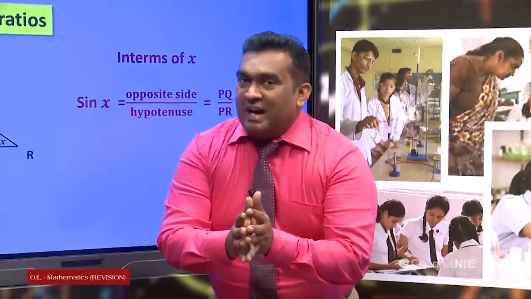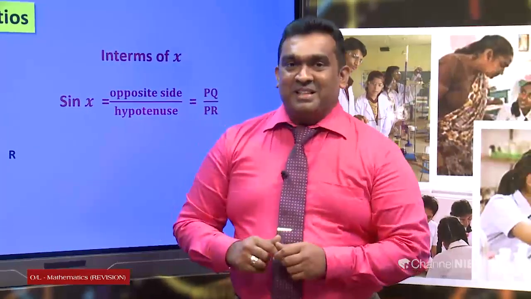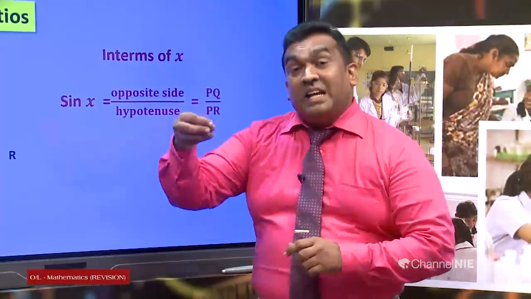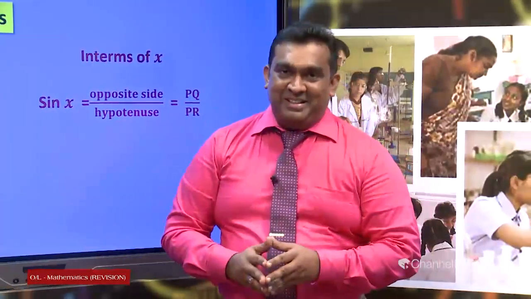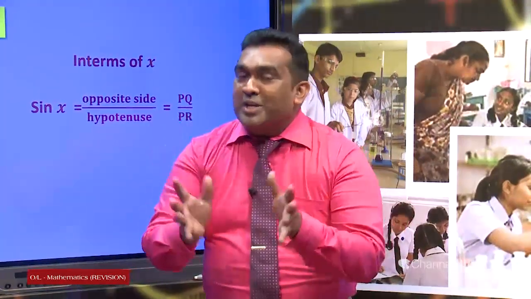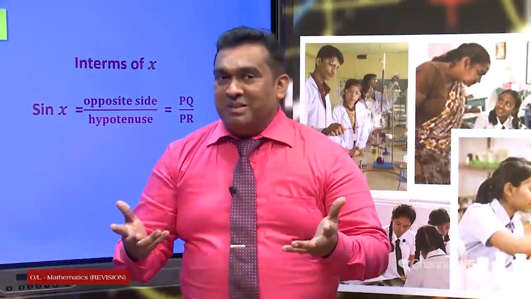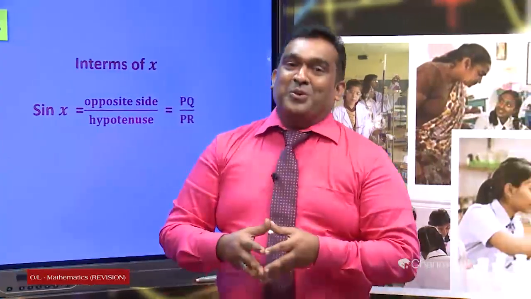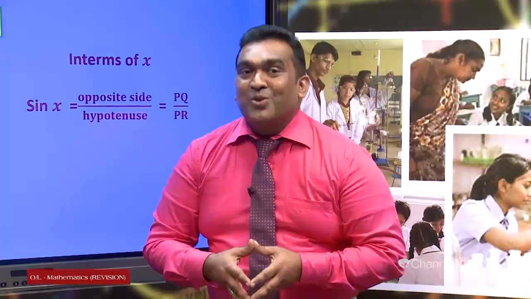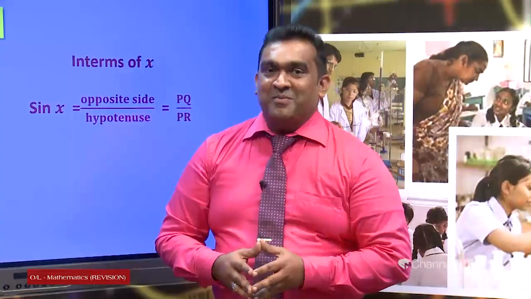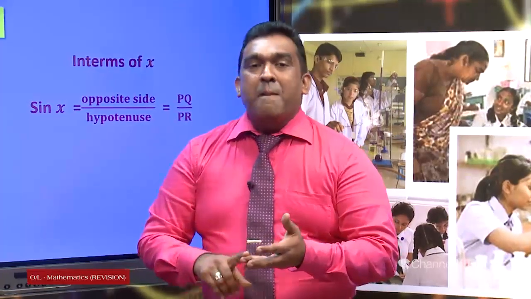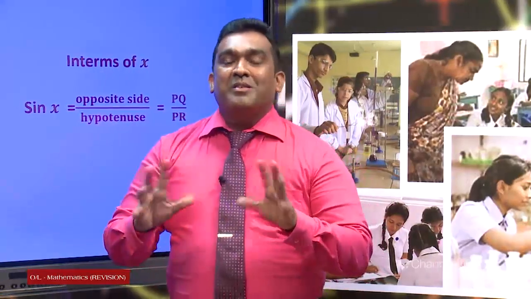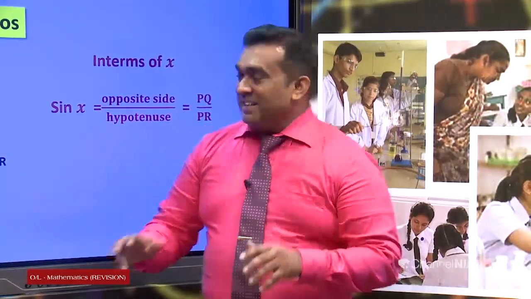Trigonometric ratios are real numbers. They have numerical values. X is an angle, sin x is a real number. Mathematical operations can be applied to real numbers. As a result, all the trigonometric ratios are also considered real numbers. Addition, subtraction, multiplication and division can be done for trigonometric ratios, right? Next one,